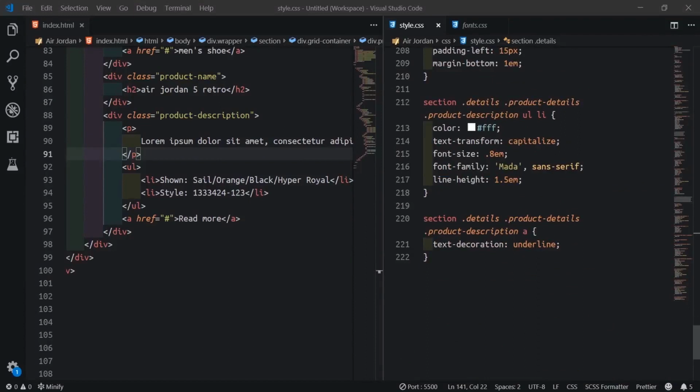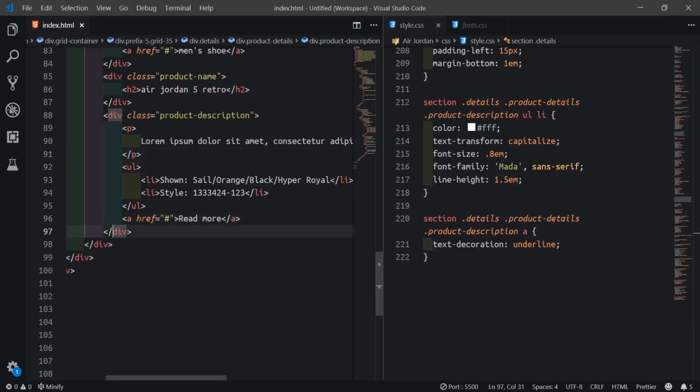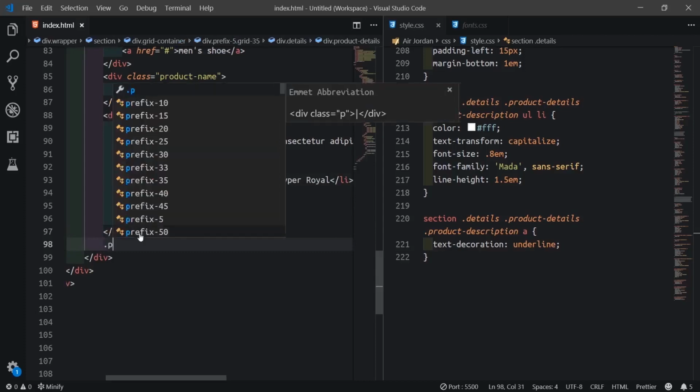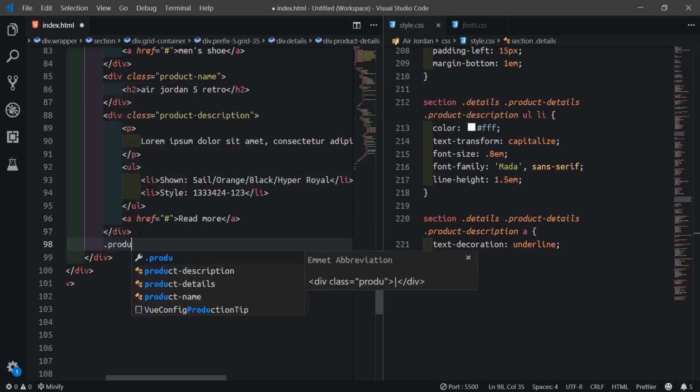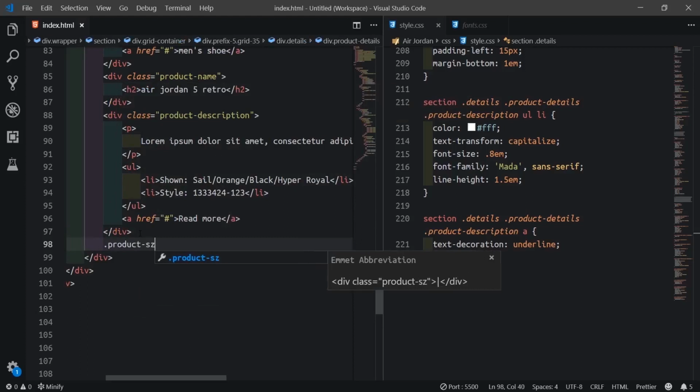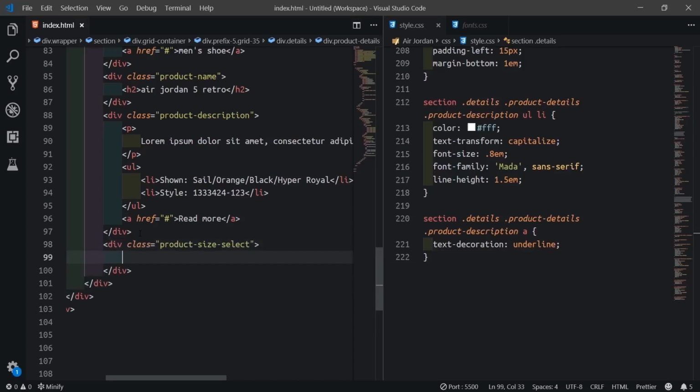So we'll come to this place now. What will we target? Okay, we'll write the code itself. So I'll just write them quickly now. So after this read more here now, after this product description, I'll come here, I'll say dot product, which name will I give it now? Product size now. Product size select.